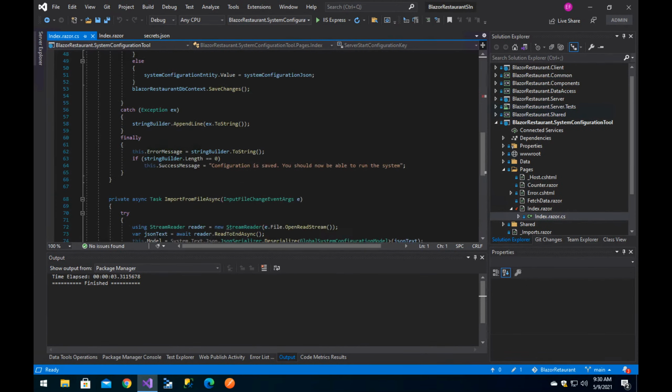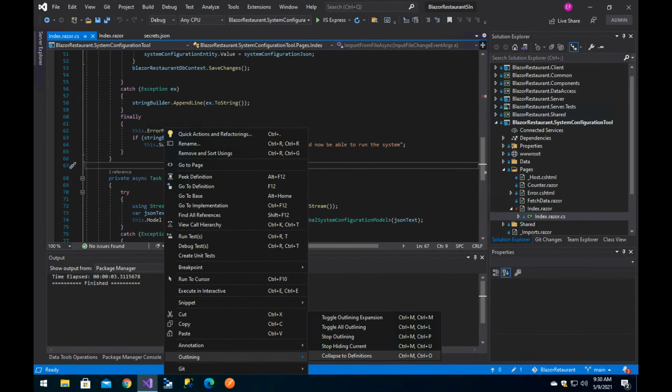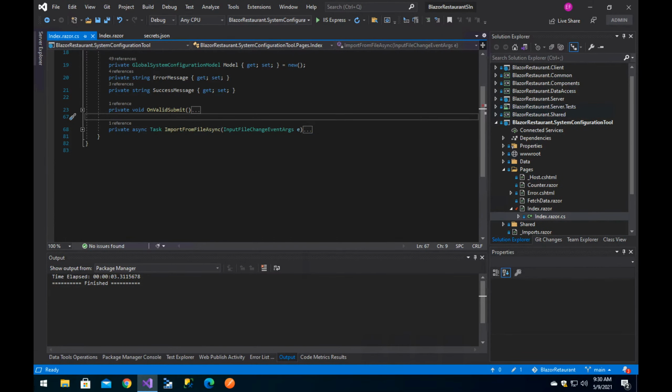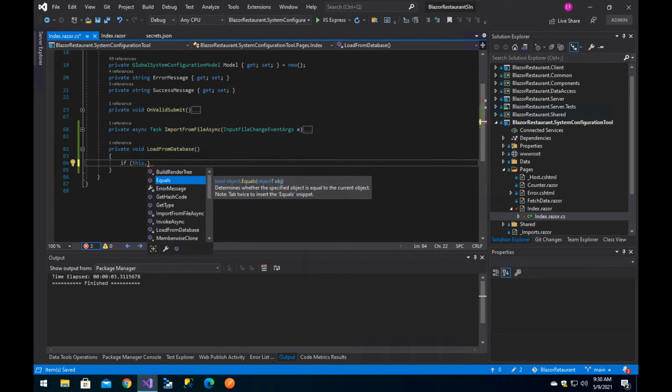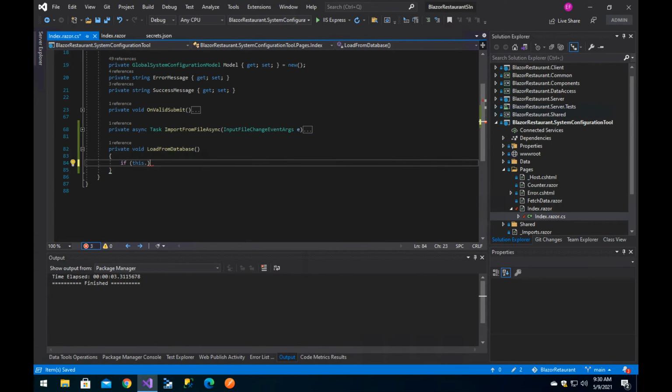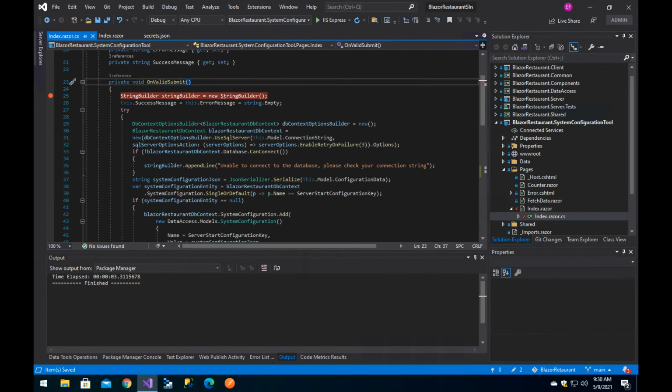Let's create the method in here. Let me just collapse all this. Okay, and now we are going to create the load from database method, right? And we are going to do, actually, let's go to the submit method. We are creating the context in here,